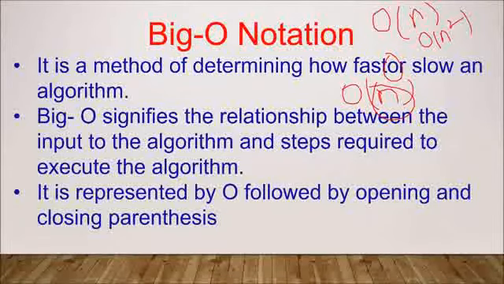So if the number of steps is 10, suppose, in that case O(n) will result in time equal to 10, but in the case of n square, the time will be 100. So obviously more time is needed if we are following this algorithm. So using big O notation, we can know which algorithm is appropriate. So we will move ahead.